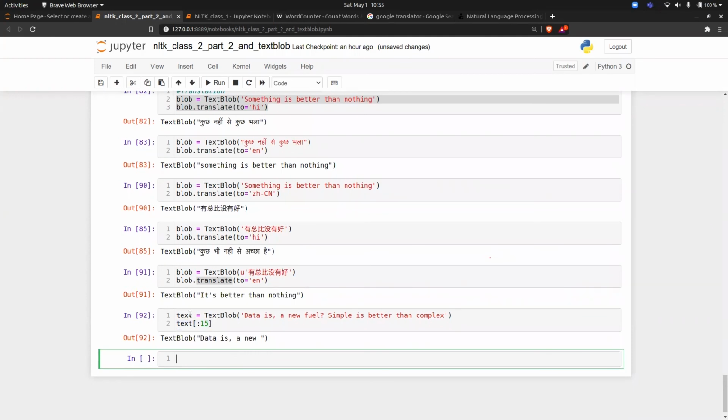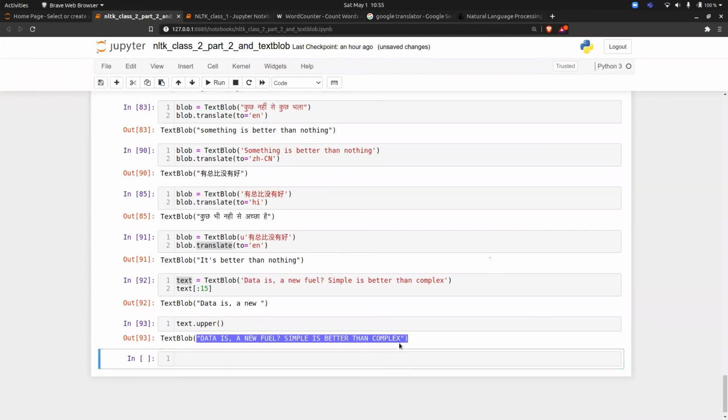So this will also be the same thing. This text is nothing but a string, so it will follow all the Python string functions that you have studied. So TextBlob will work as a Python string. If you want to convert anything into uppercase, what do you do in a string? text.upper. So everything is followed here. If you run this, see, everything will be in uppercase. So TextBlobs are like Python strings. So if I want to find a particular word, how to do that? I want to know the starting index of a word, simple. How to do that? If you remember.